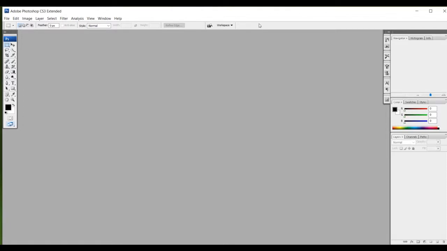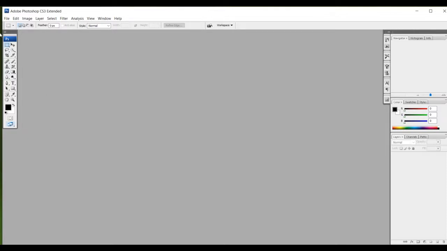Along the left side of the Photoshop window, we find the tool palette. It works like an artist's paint box and holds a variety of tools which help us to draw, paint and manipulate the image.